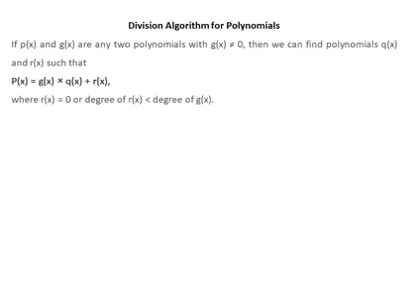Already we studied about Euclid division algorithm. When we compare two numbers by applying Euclid division algorithm, we can say a is equal to bq plus r. The same way we can write for polynomials also. Therefore we can write the polynomial p of x is equal to g of x into q of x plus r of x. r of x is remainder, q of x is quotient.